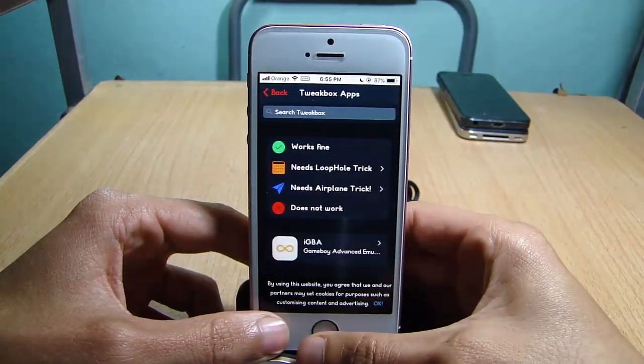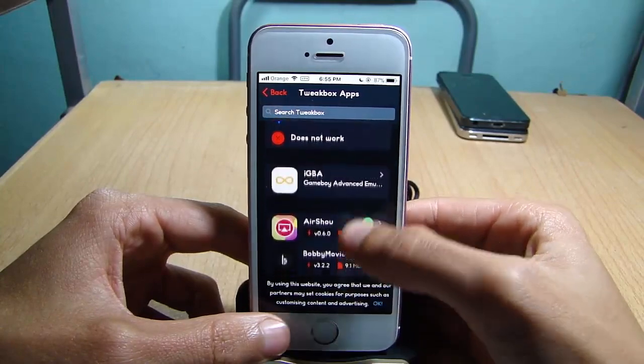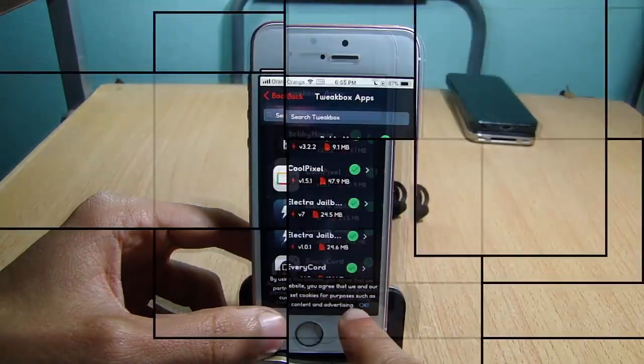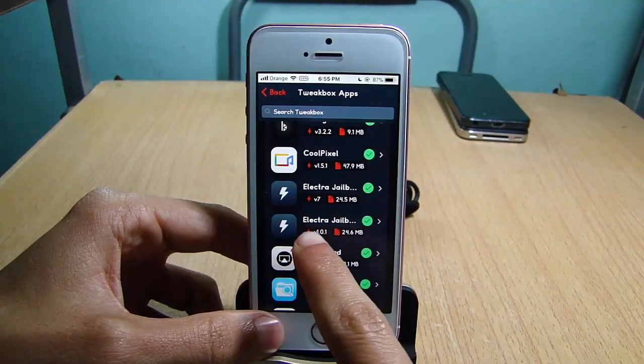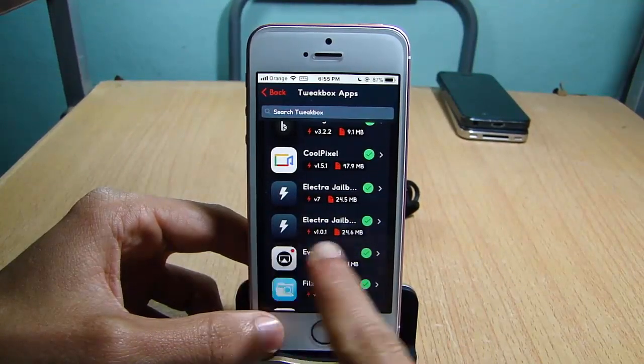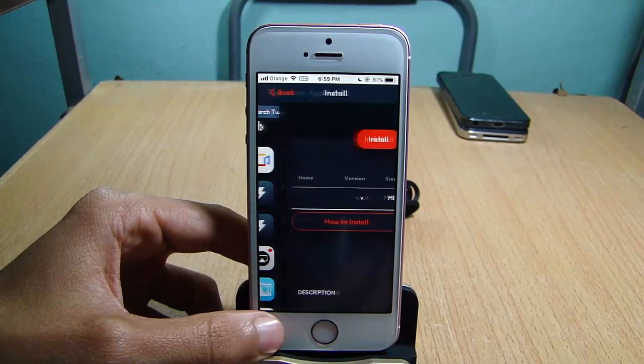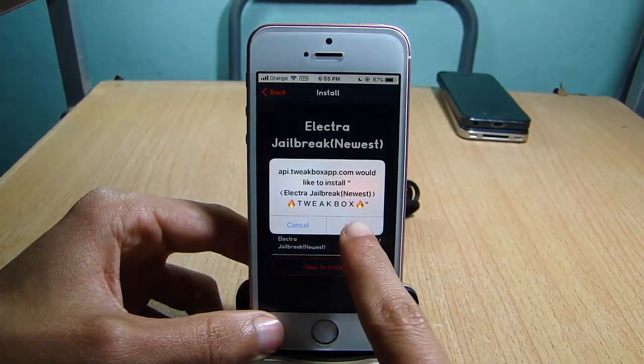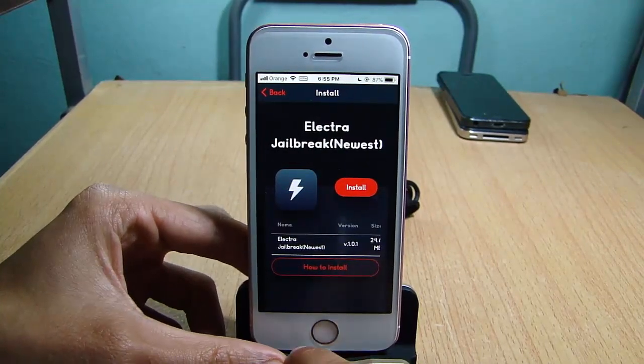Scroll, and you should see here two versions of Electra. The first one is a beta version and the second one is the official Electra with Cydia. So hit install here, install again, and the download will begin. As you can see,